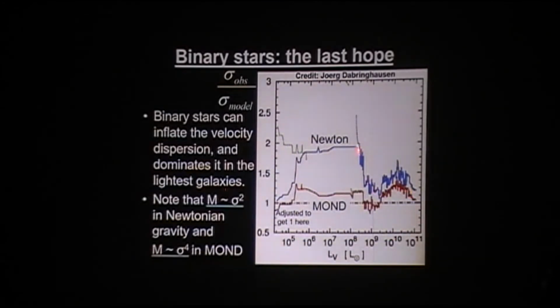So in both theories you'll see this calibration effect where they drop to 1. The important thing is that in MOND, if you've calibrated the binary population right, across the whole range you more or less do get a ratio of 1. So the observation and the model more or less agree. Whereas in Newtonian dynamics, there's a big discrepancy across a wide range of mass. And because the mass scales as the square of the velocity dispersion, it means there's roughly 4 times as much mass in these objects as you see if you stick with Newtonian gravity. In MOND, this obviously is consistent with just error bars, right? So in MOND it's more or less okay.